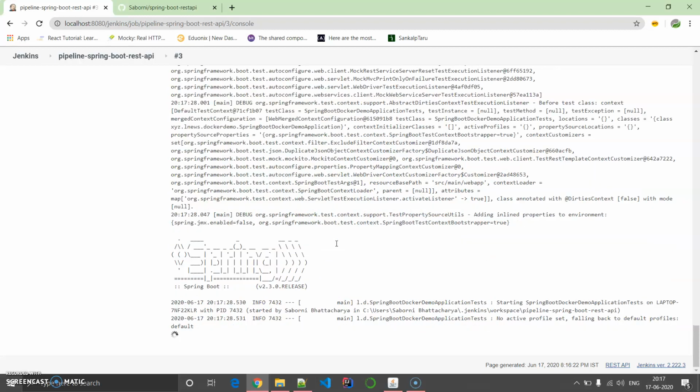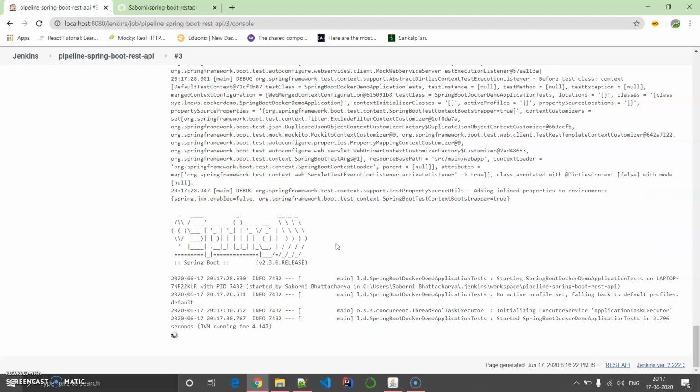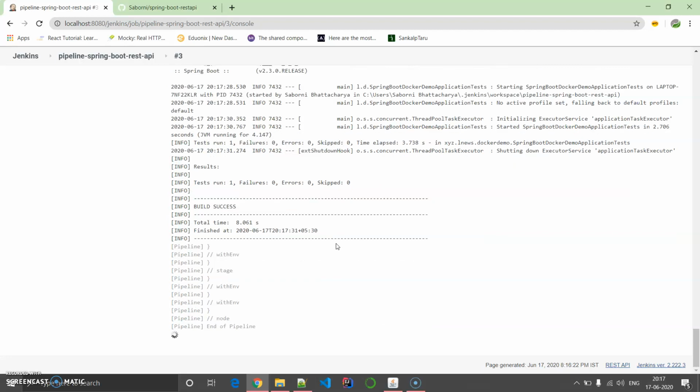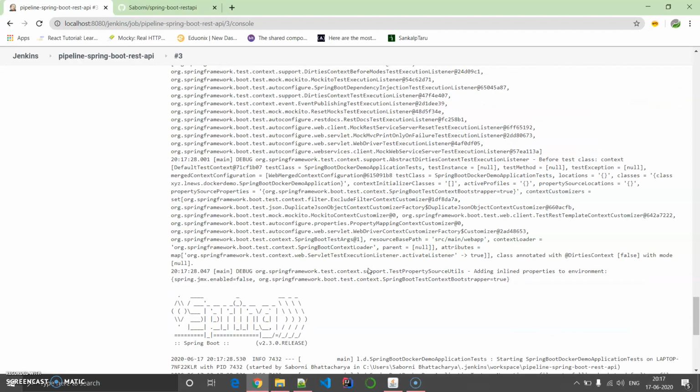You find this Maven test over here. Yeah, it's running. And finally the build is successful, end of the pipeline, and we are ready to conclude this build. A couple more seconds and it's going to come to an end.